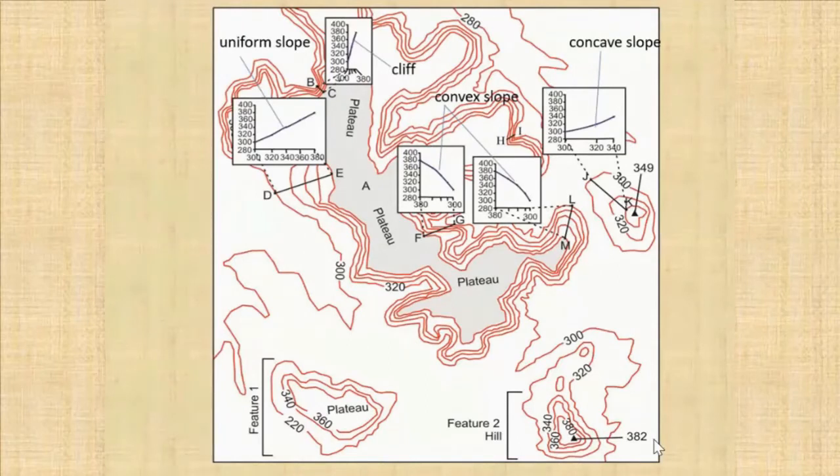So the bottom and top of any area can be determined with the help of the contour values. At the mean sea level, the contour value is 0, and as we go above the mean sea level, the contour value increases. So here, for example, 300 is the lowest value, and there is a spot height indicating the value 382, which is the highest value.